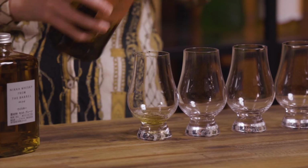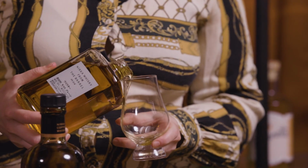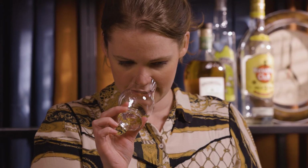So we might start with this one because theoretically it should be your lightest. This is essentially what will then be blended into here to make this a blended whiskey, if that makes sense. And yeah, it's going to happen. So if we look at these guys side by side,